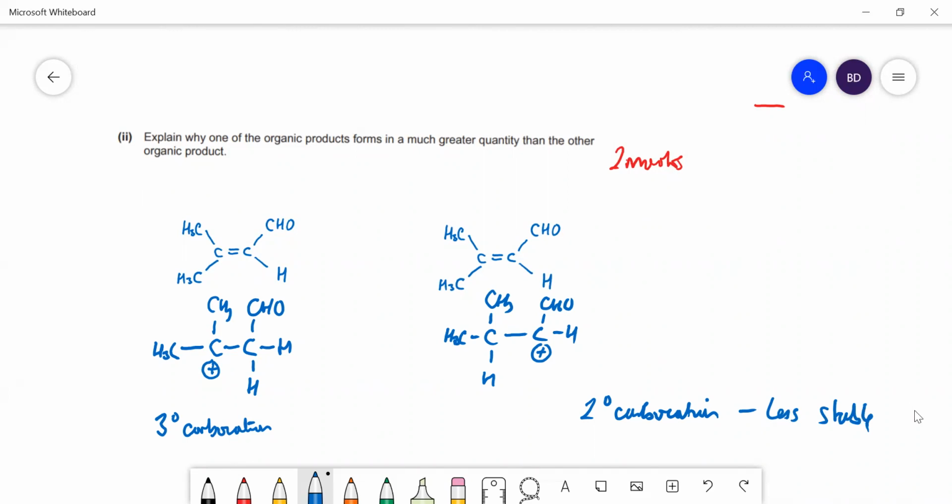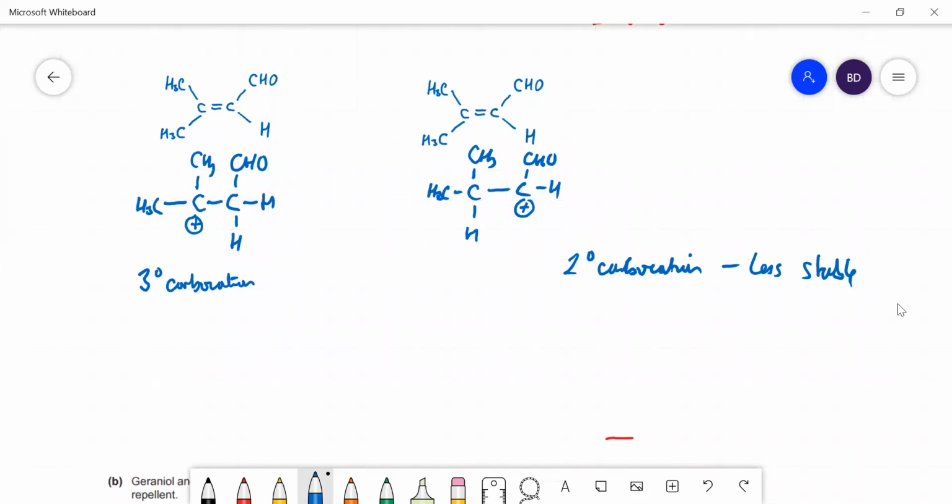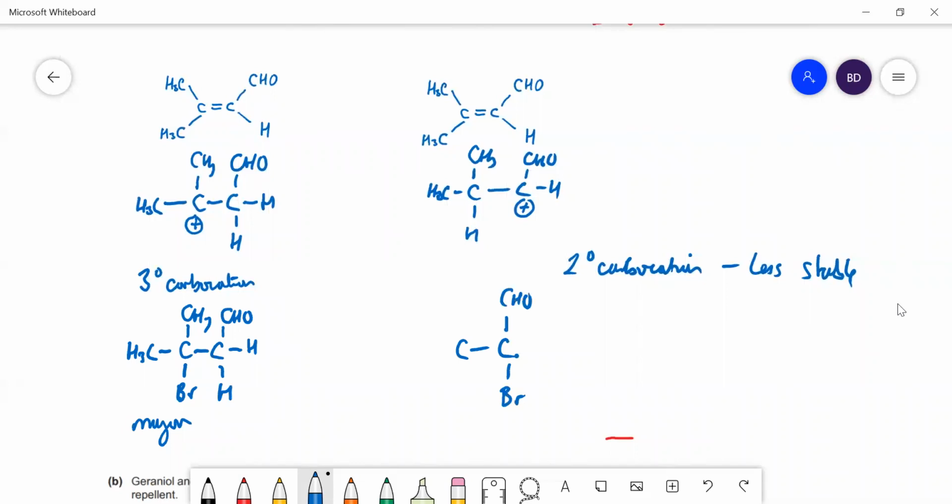And then just to show the two products: this product comes from the tertiary carbocation, with the bromine on that carbon there, that's the major product. The minor product will be with the bromine on this carbon because it reacts with the carbocation, and that is the minor product, this one, because it is formed through the secondary carbocation, which is less stable than the tertiary, so it is less likely